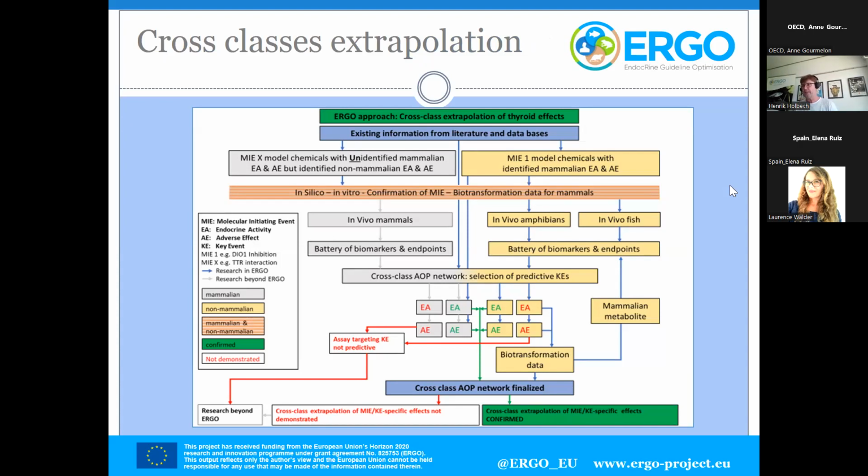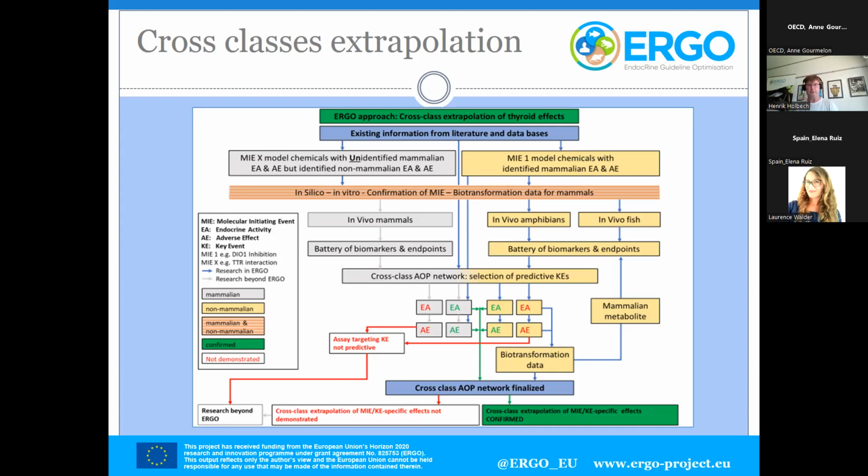And this is a quite complicated figure, but what it is trying to do is using the thyroid system, which is very well conserved among vertebrate classes. And then based on existing information, we'll take chemicals with known molecular initiating event and key events and endocrine activity and adverse effect in mammals, so known from mammals, and then investigate this in silico, in vitro and in vivo